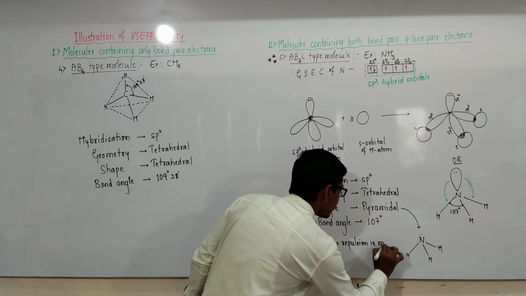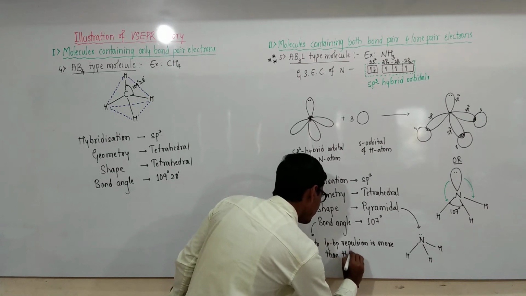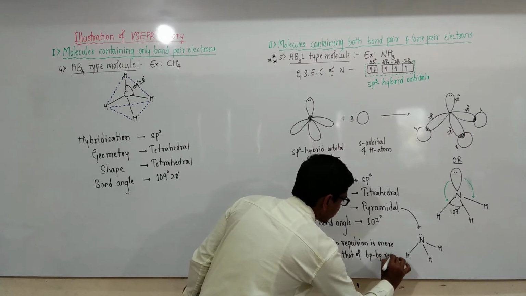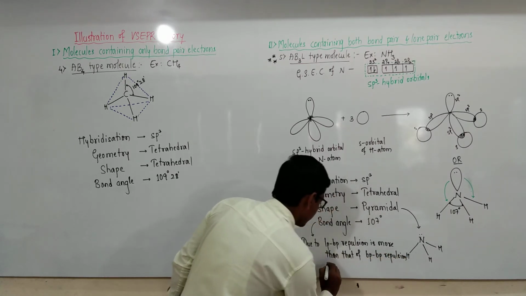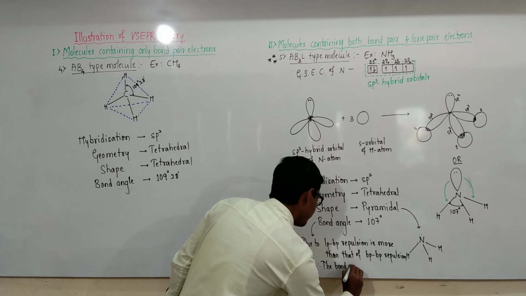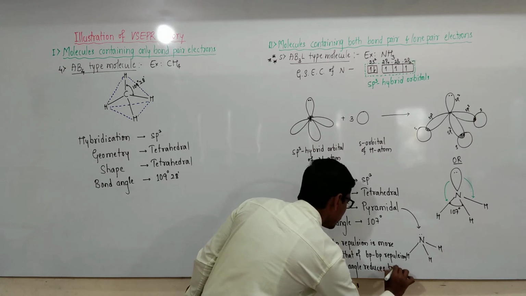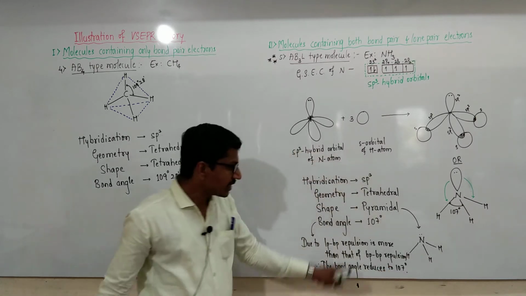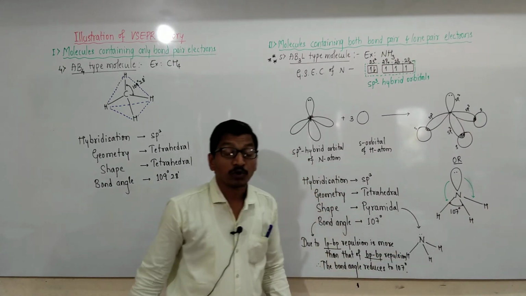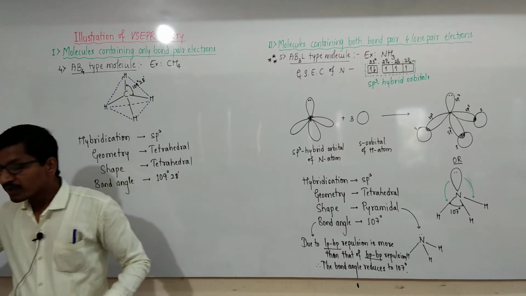Lone pair bond pair repulsion is more than that of bond pair repulsion. Therefore, the bond angle reduces to 107 degrees. This is the reason: because lone pair bond pair repulsion is more than that of bond pair repulsion. Then another example is